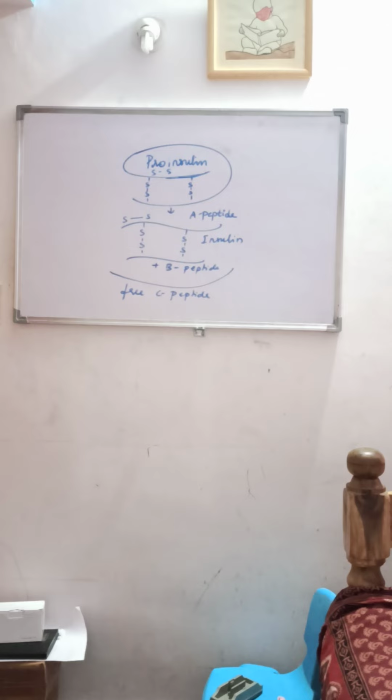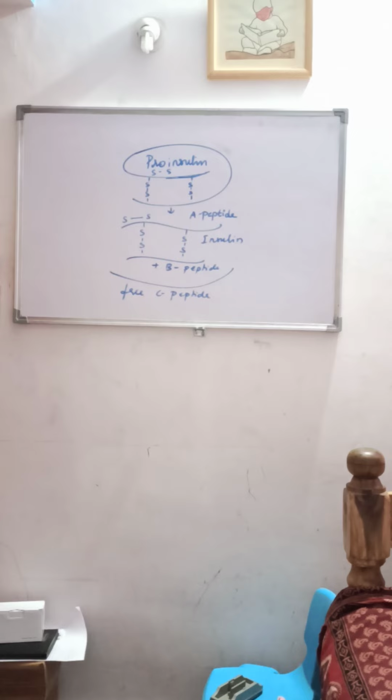As I said, in those days people were using insulin extracted from the pancreas of slaughtered cattle and pigs, which has side effects on the human body, right? Now this human insulin, developed through biotechnology by the American company Eli Lilly, was produced for the first time using biotechnology. Let us understand how exactly it is synthesized.